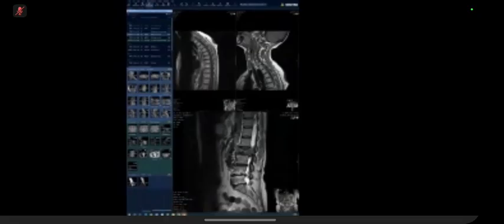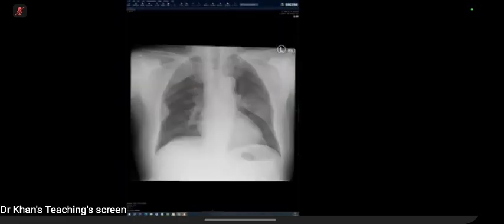I am presented with a frontal radiograph of the